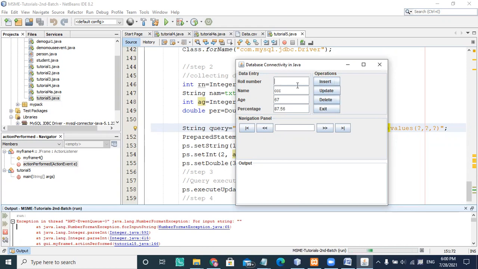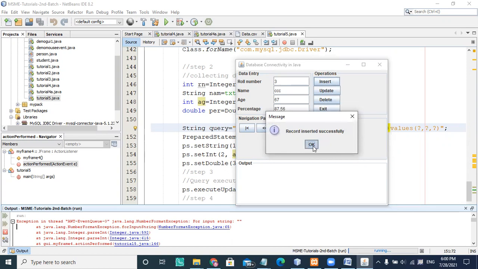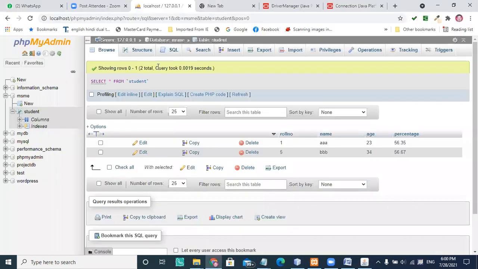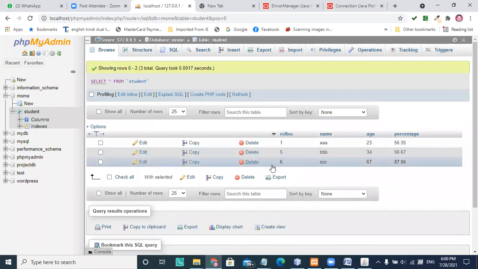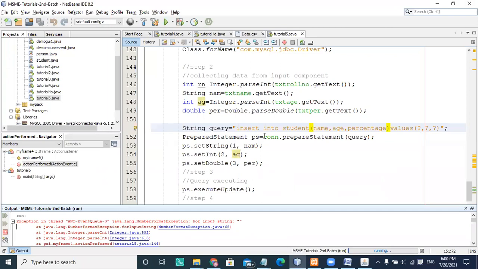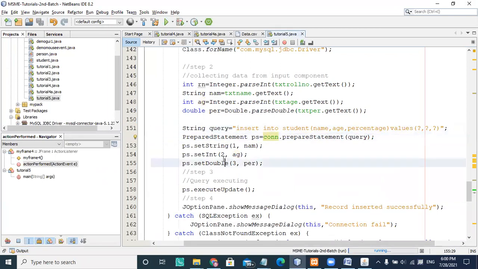The first input is required. So the third record is inserted here, and if you browse again, the next number, six, is automatically coming. So this is all about the prepared statement when you are passing a parameter.